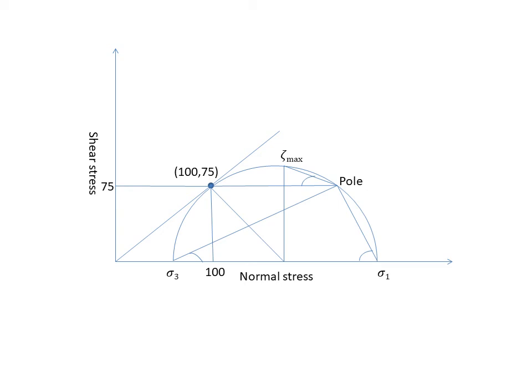Now we have to determine the orientation of all these 3 points. So you draw lines from all these 3 points to the pole of your circle. Now how to locate the pole? Pole is located by drawing a horizontal line from the failure point. It will hit your Mohr circle. From this point you can draw inclined lines to sigma 1, sigma 3 and tau max. Measure the angles of inclination. This will give you the orientation of the corresponding planes of stresses.